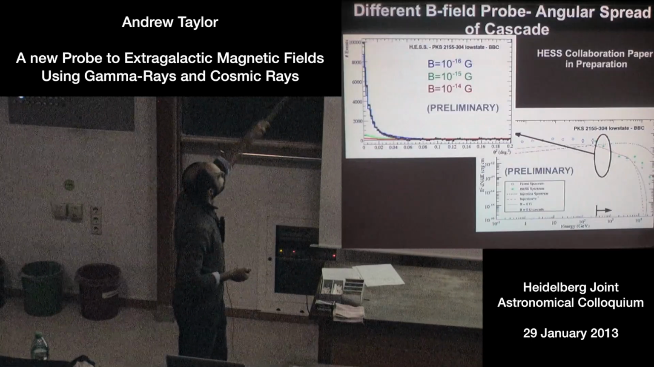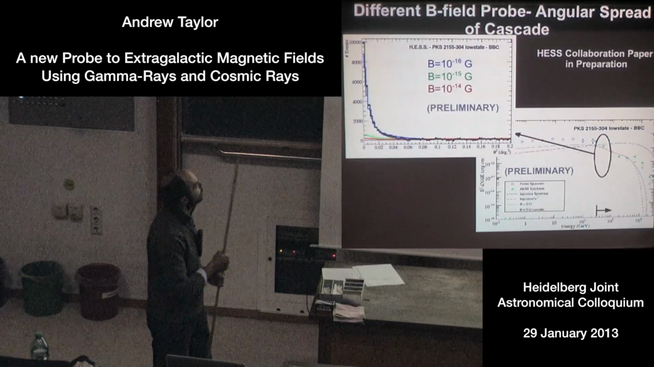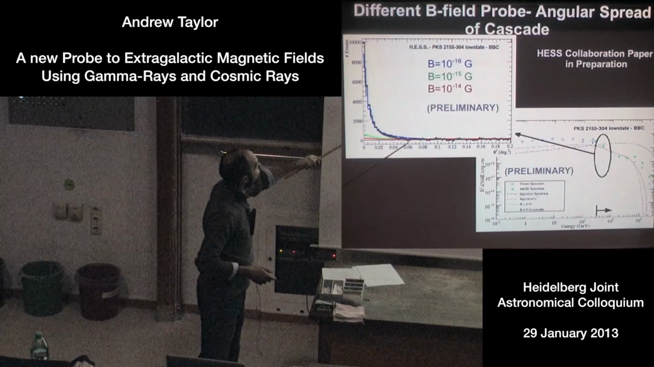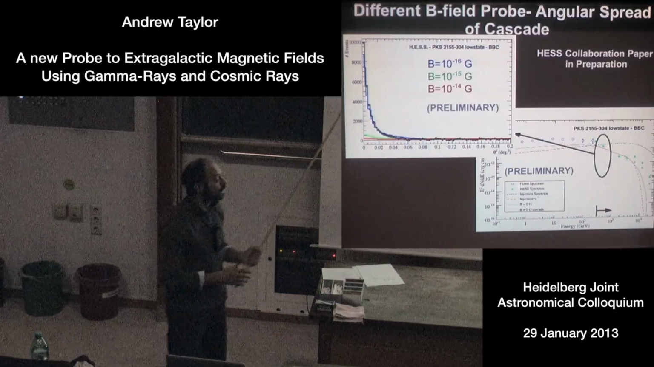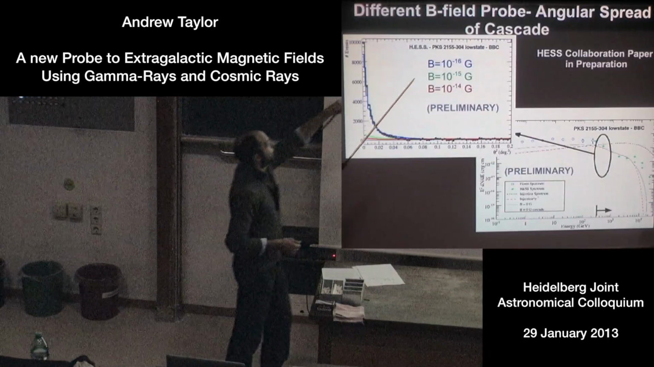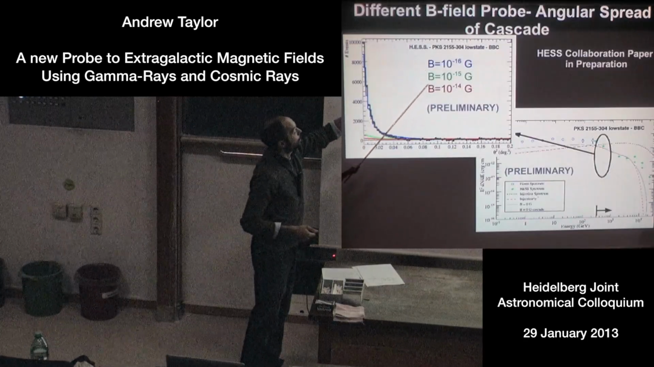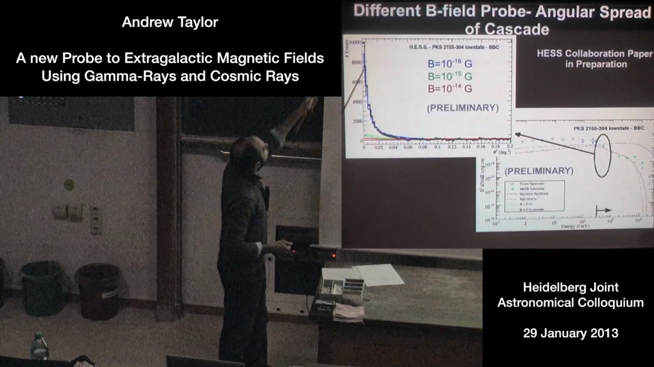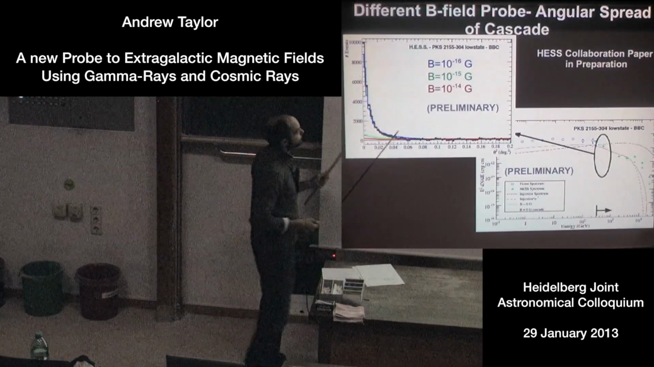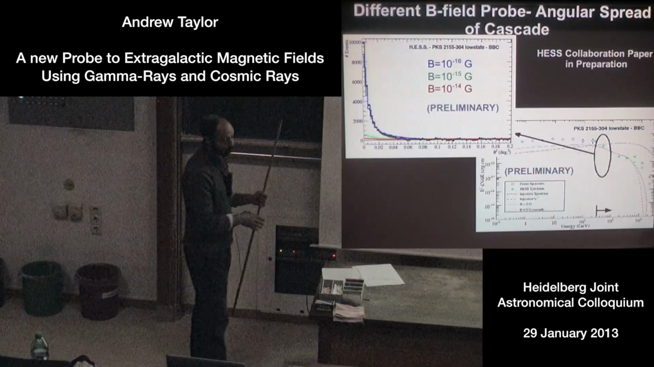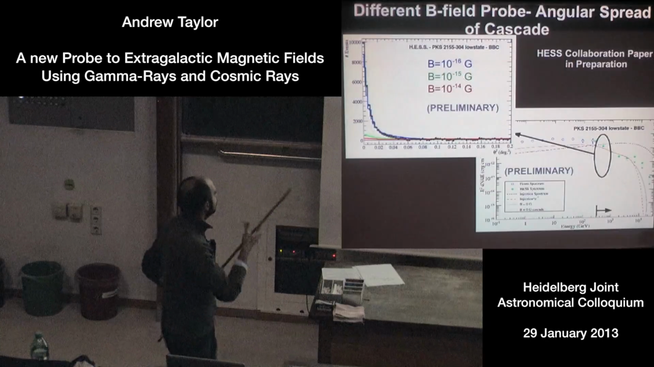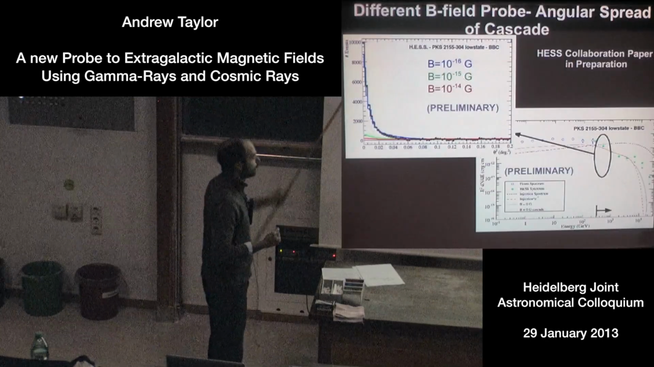Okay, so here I've put the angular dispersion. This is preliminary work that I've been doing with the HESS collaboration. I've put the angular dispersion of the photons observed from PKS 2155 and have done some different strength magnetic fields, 10 to the minus 16 Gauss, 15 Gauss, and 14 Gauss. If the field's as weak as 10 to the minus 16 Gauss, there wouldn't be any problem explaining the angular dispersion of the photons. But if the field becomes too strong, then